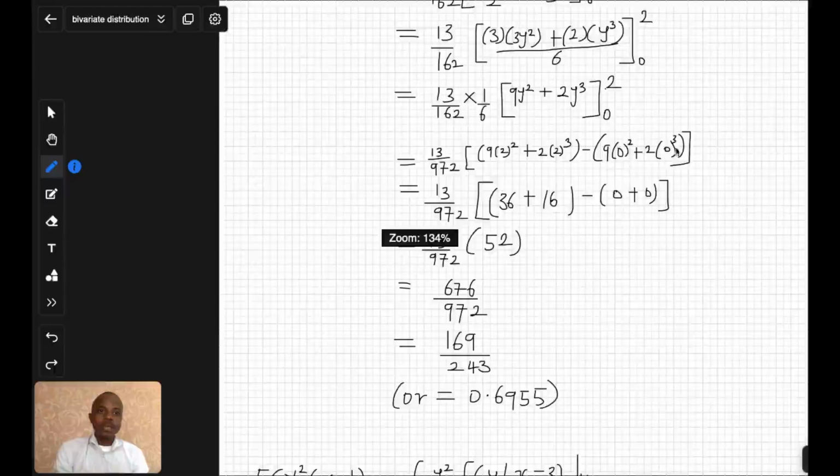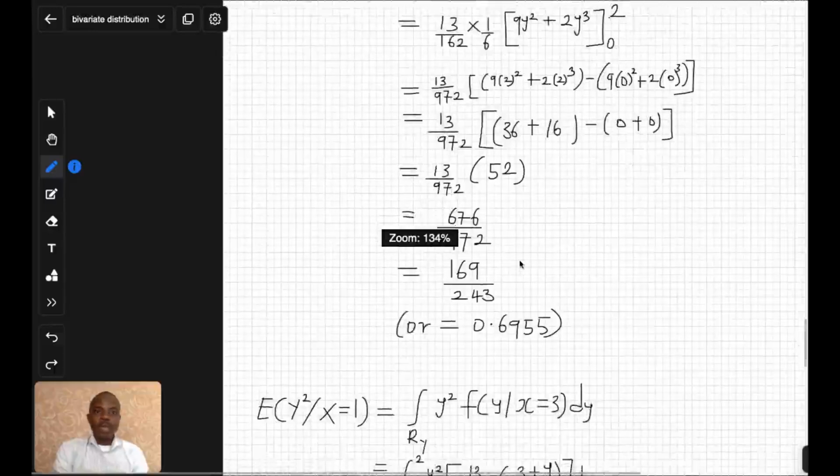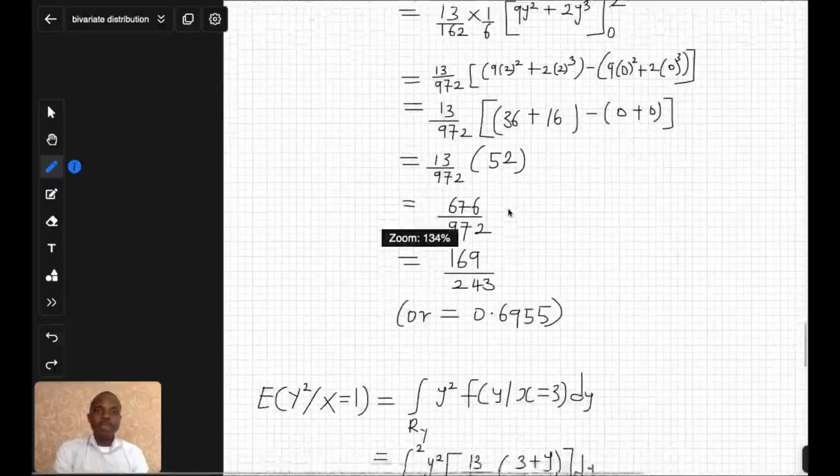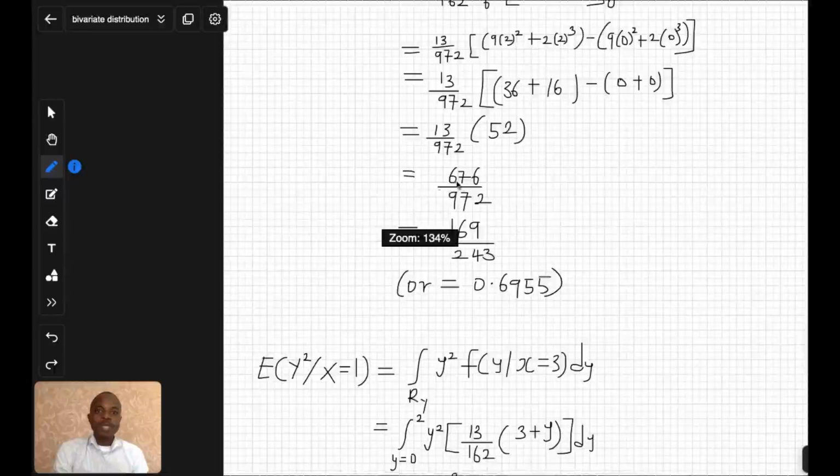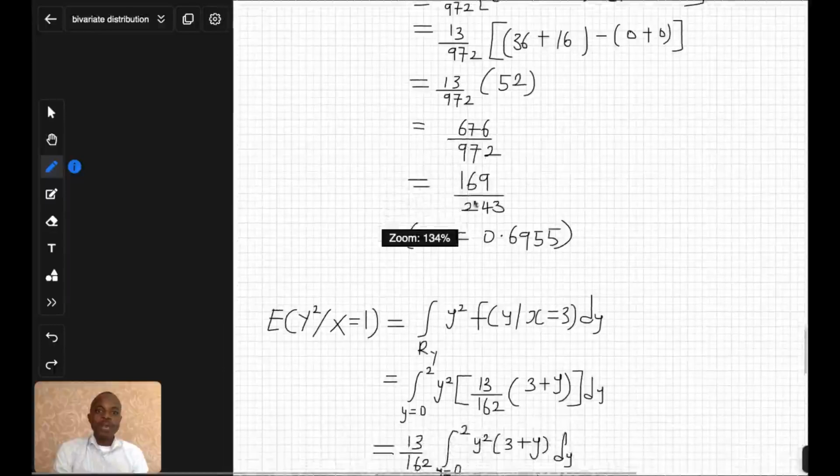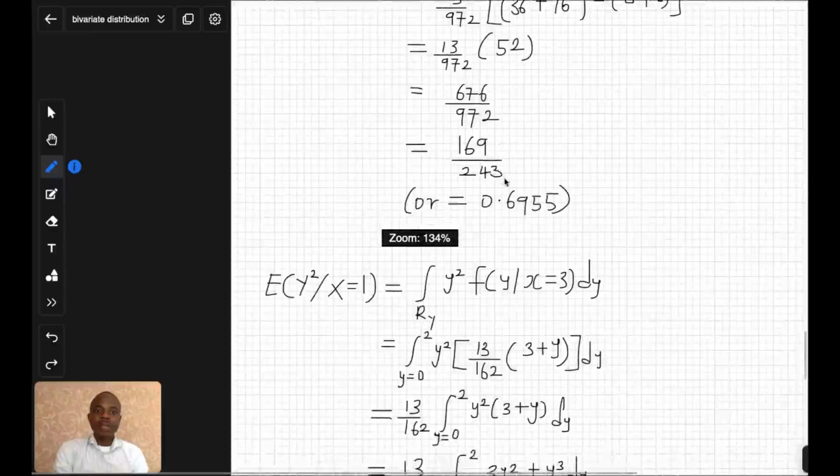9 times 0 is 0. 2 times 0 is 0. 0 raised to the power of 2 is already 0. You should know that, I believe. 0 raised to the power of 3 is 0. All right, now it goes on to be 13 divided by 972 multiplied by 52. And that becomes 676 divided by 972, and when you reduce, 169 divided by 243, and